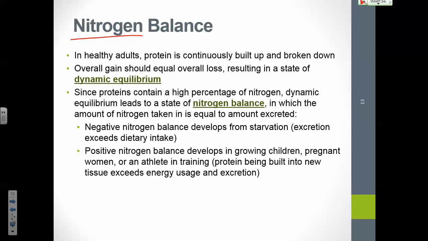They're losing all this nitrogen, but they're not replacing it by more protein that they're eating. Okay? That's what happens during starvation. All right, if you have a positive nitrogen balance, that's when you're taking in more protein than you're breaking down,